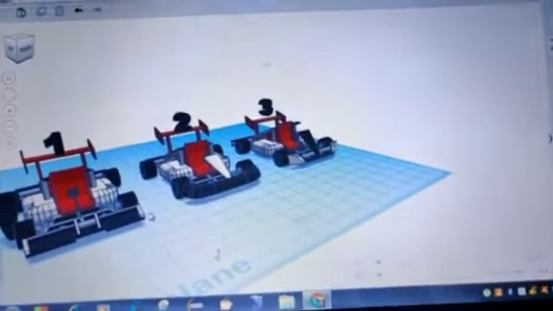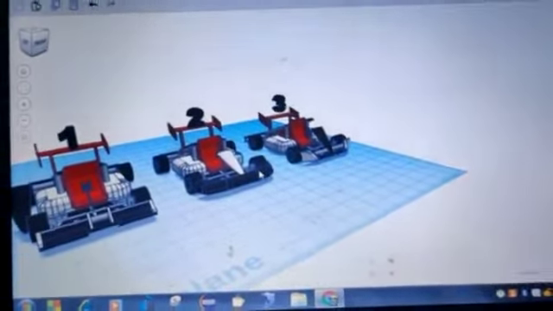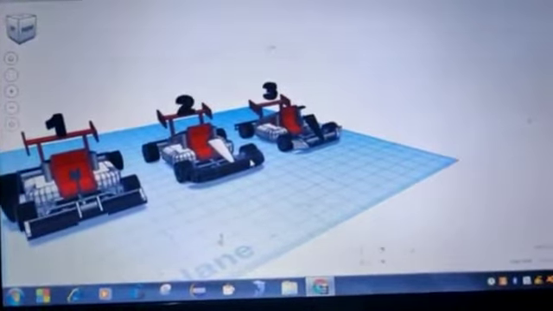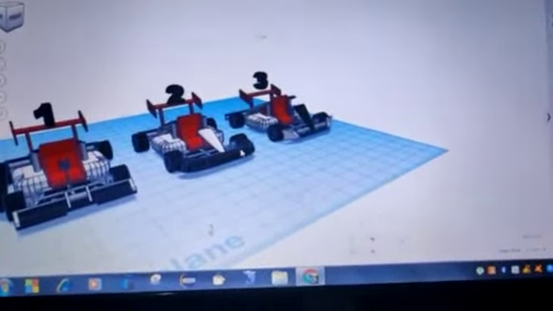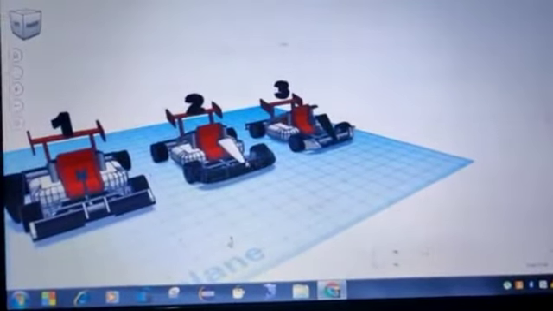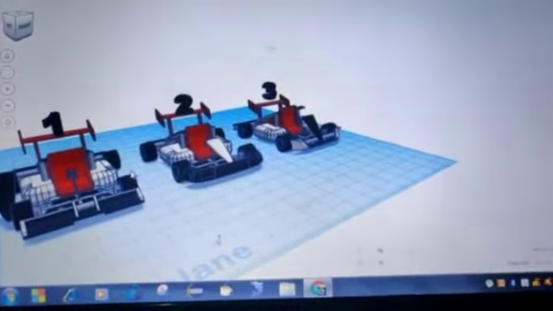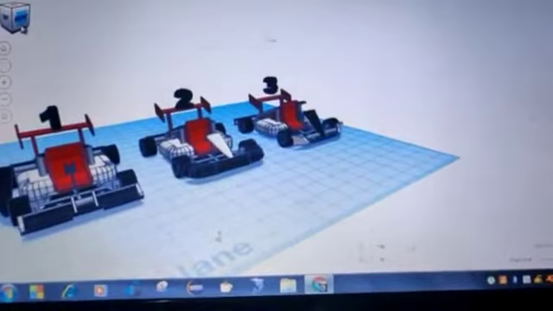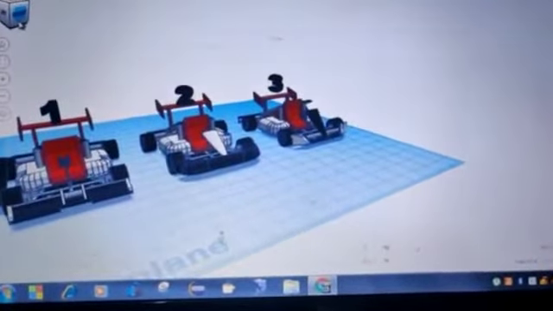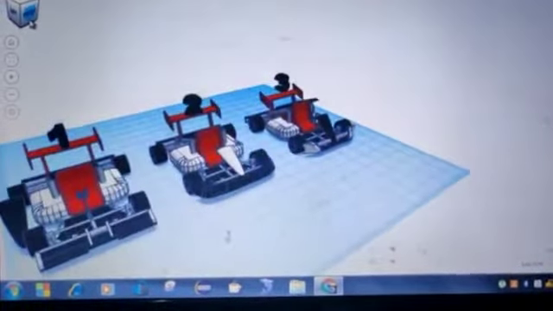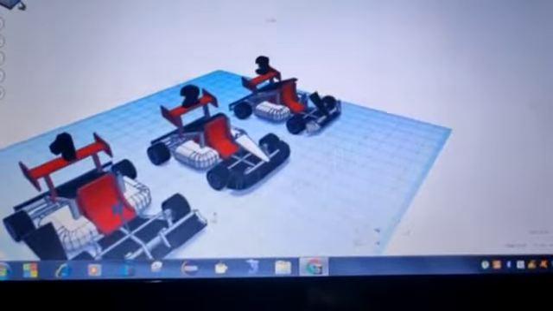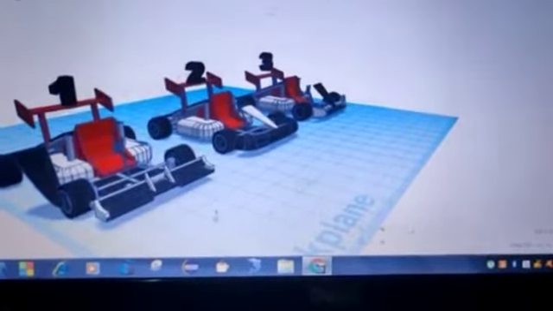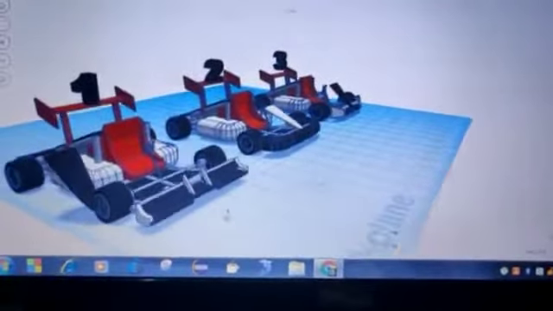They're basically three 3D models of three different carts with basic aesthetics. This is just a 3D outline design of the cart, where all three are almost similar except these bumpers are different from each other. As you can see, there are three different types of bumpers in front, and other than that almost everything is similar, as you can see in the video.